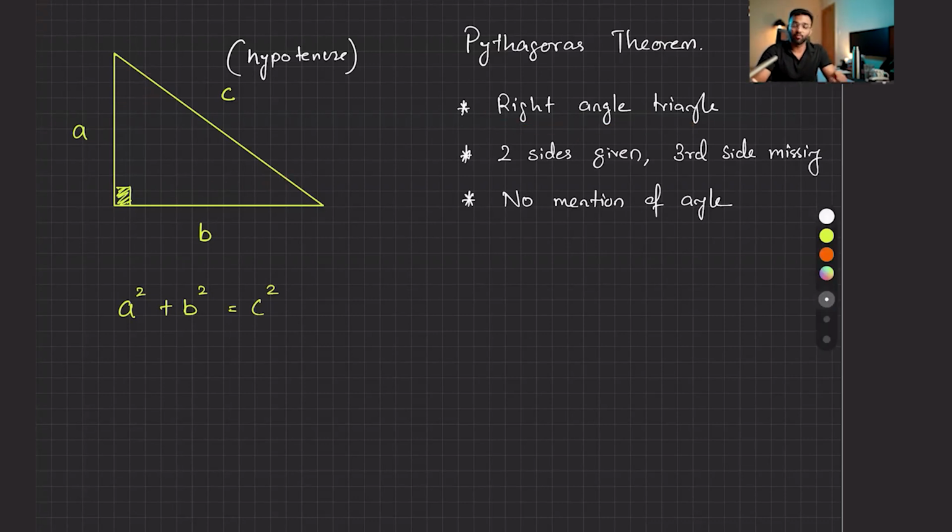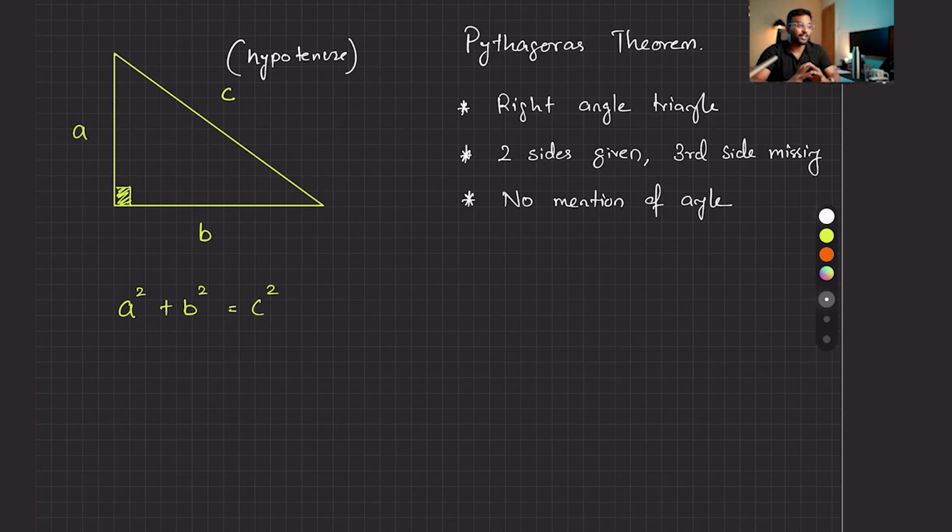Why we're going through the rules here is that we will have SOHCAHTOA coming through, which is trigonometry. Sometimes you might be thinking, when should I use trigonometry? And when you go to next year, you will also learn the sine and cosine rule, which is the next part of trigonometry.